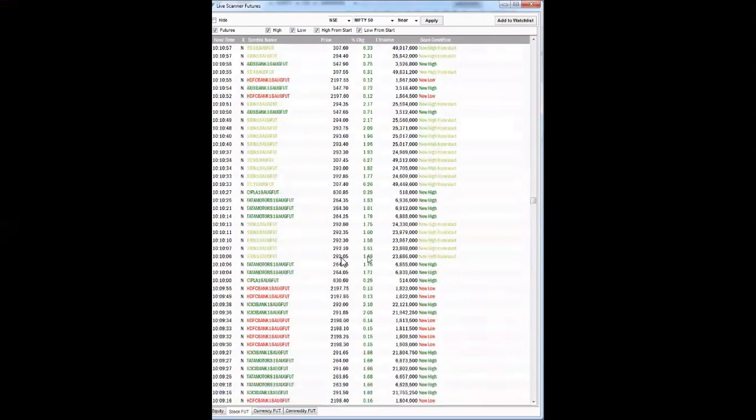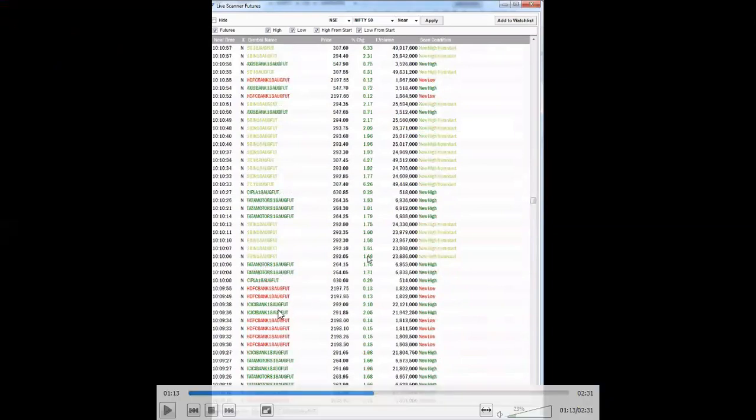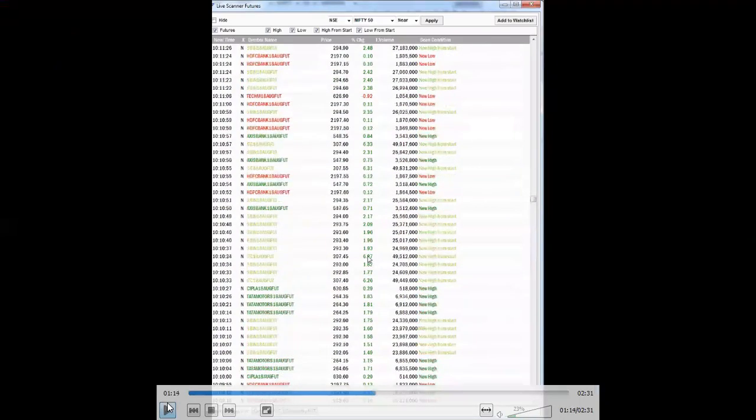We entered around 292 and it went to 297. When a new high from the start is starting, you have to take a buy call. When a new low from the start is starting, you have to take a sell call. But you have to be active, because many stocks are picking up. That's the main criteria. Here 0.71 is not a good stock, and 0.12 is not a good stock to sell. Always remember, a stock trading at 2% that is making a new high